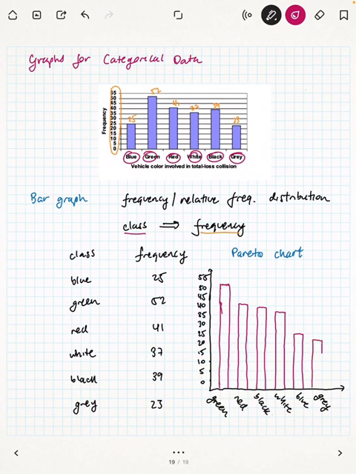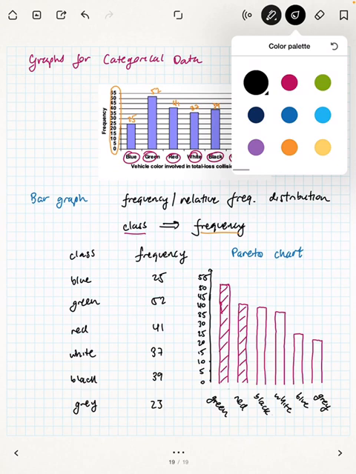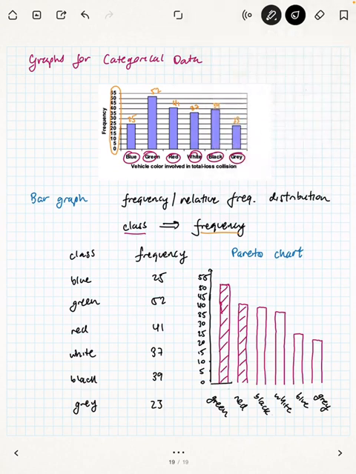So some important principles here when you're creating your graphs, whether it's a bar graph or a Pareto chart. Importantly, you should start at 0 for your vertical axis, or if you're doing it horizontally, your horizontal axis. Let me clarify. Why should it start at 0? Oh, and I guess that didn't start at 0. I guess it started lower than that. Okay, let me just move that. See, that's important. But you need it to start at 0